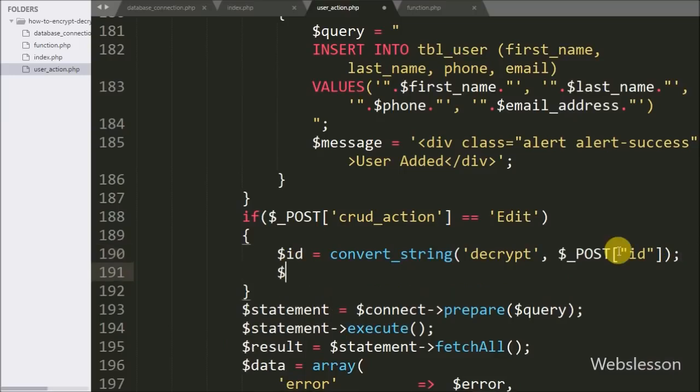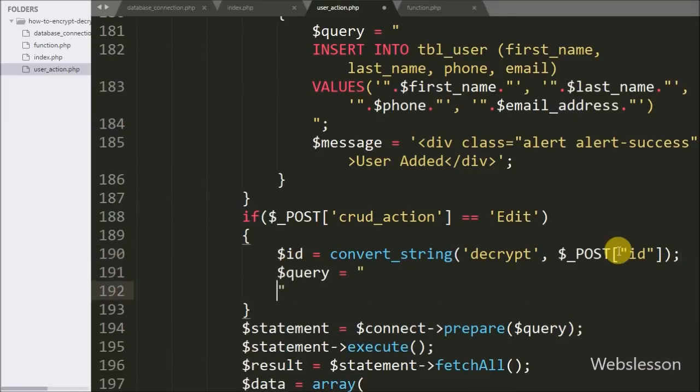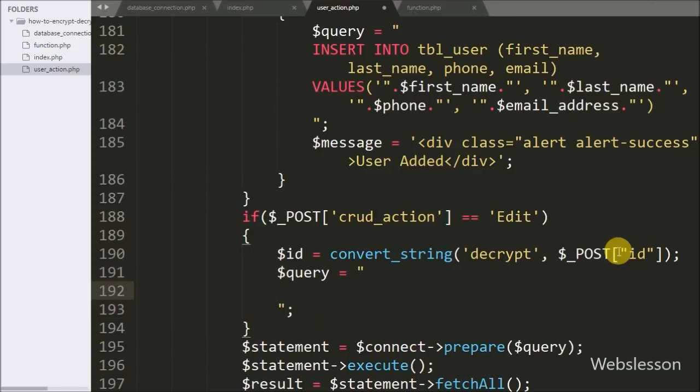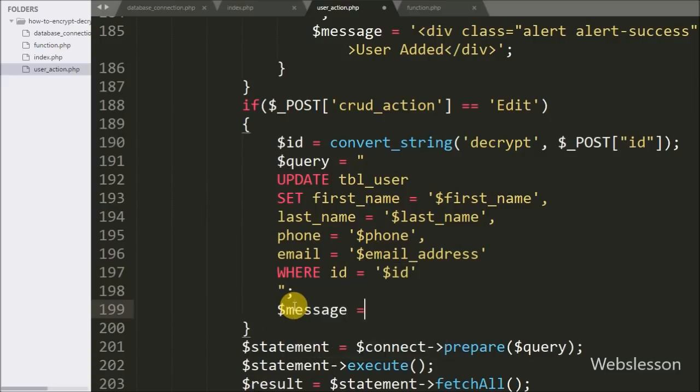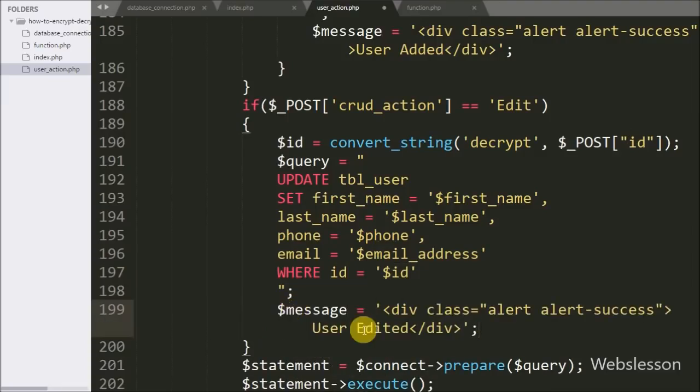Below this we have written $query is equal to update user table set first name is equal to $first name, last name is equal to $last name variable, phone is equal to $phone variable, email is equal to $email variable where id is equal to $id variable. This query will update particular user data based on the value of this $id variable. And here we have written $message variable is equal to text like user edited. Now we have to check